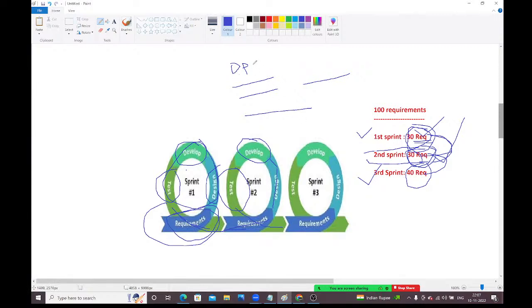At the beginning, it should be in open status. Once a developer has started working on that, as a developer, you need to change it to in progress. Once development is completed, you need to assign to some tester and you need to change the status to in testing phase, right? Once testing is completed, the tester will close that story. Tester will change the status to closed, right? Then only we can say one story is completed.